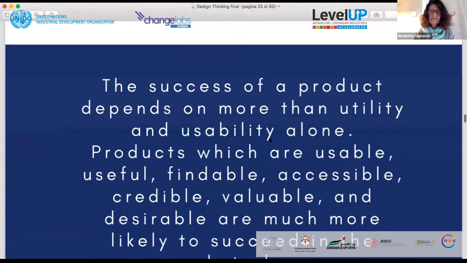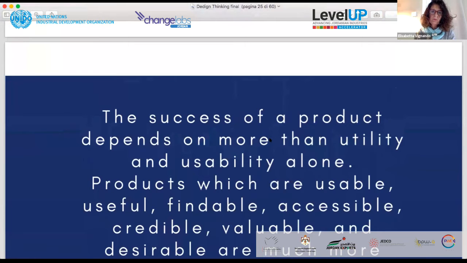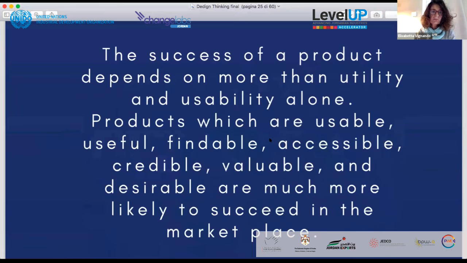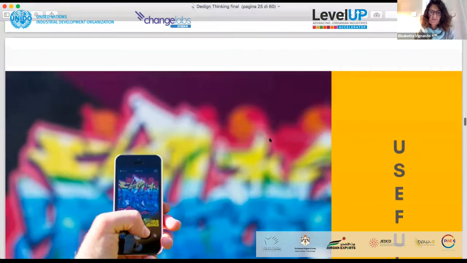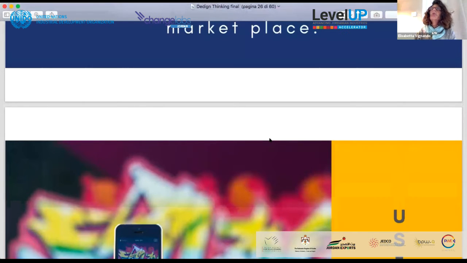So let's see all these points. The success of a product depends on more than utility and usability alone. Products which are usable, useful, findable, accessible, credible, valuable, and desirable are much more likely to succeed in the marketplace. So useful,